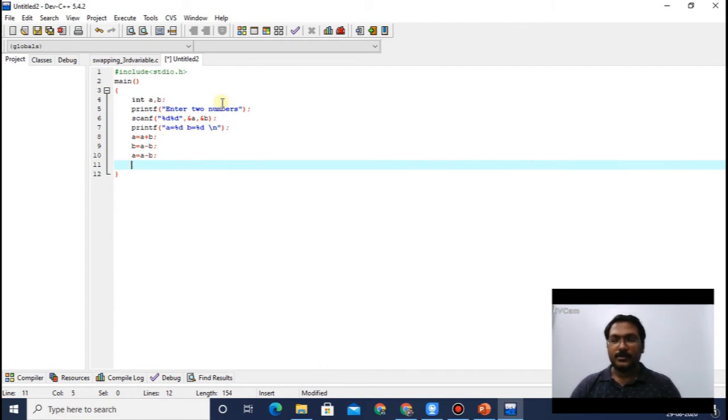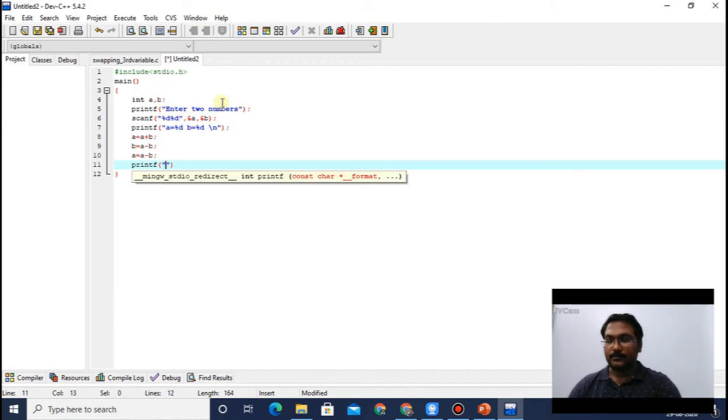semicolon, enter. Here again write the message printf within double quote, after swapping a is equal to percentile d space b is equal to percentile d after double quote comma a comma b.